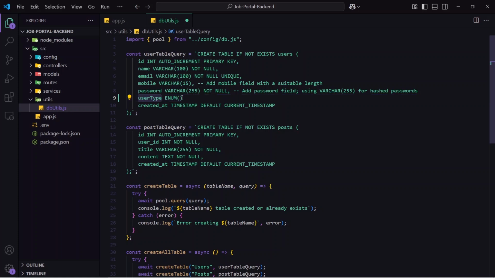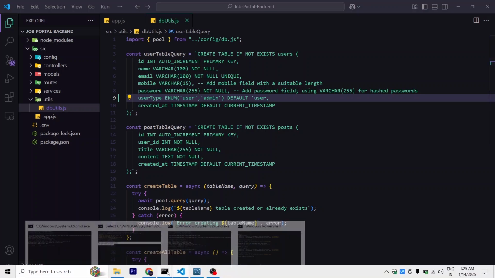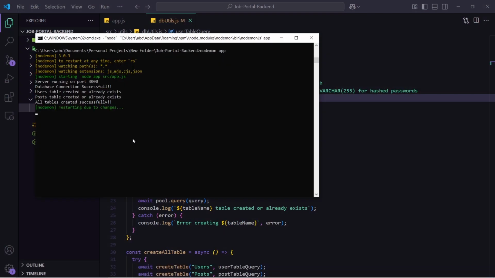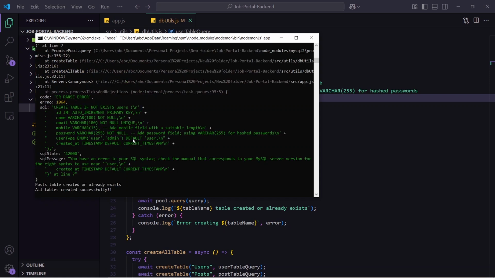In the enum, we can specify the values which this field should have. In this, we cannot pass other data other than what we have specified inside the enum. So here I will write user, admin, and the default will be user only. Okay, fine. I will add a comma. I will save this. Then if I come here and restart the server,